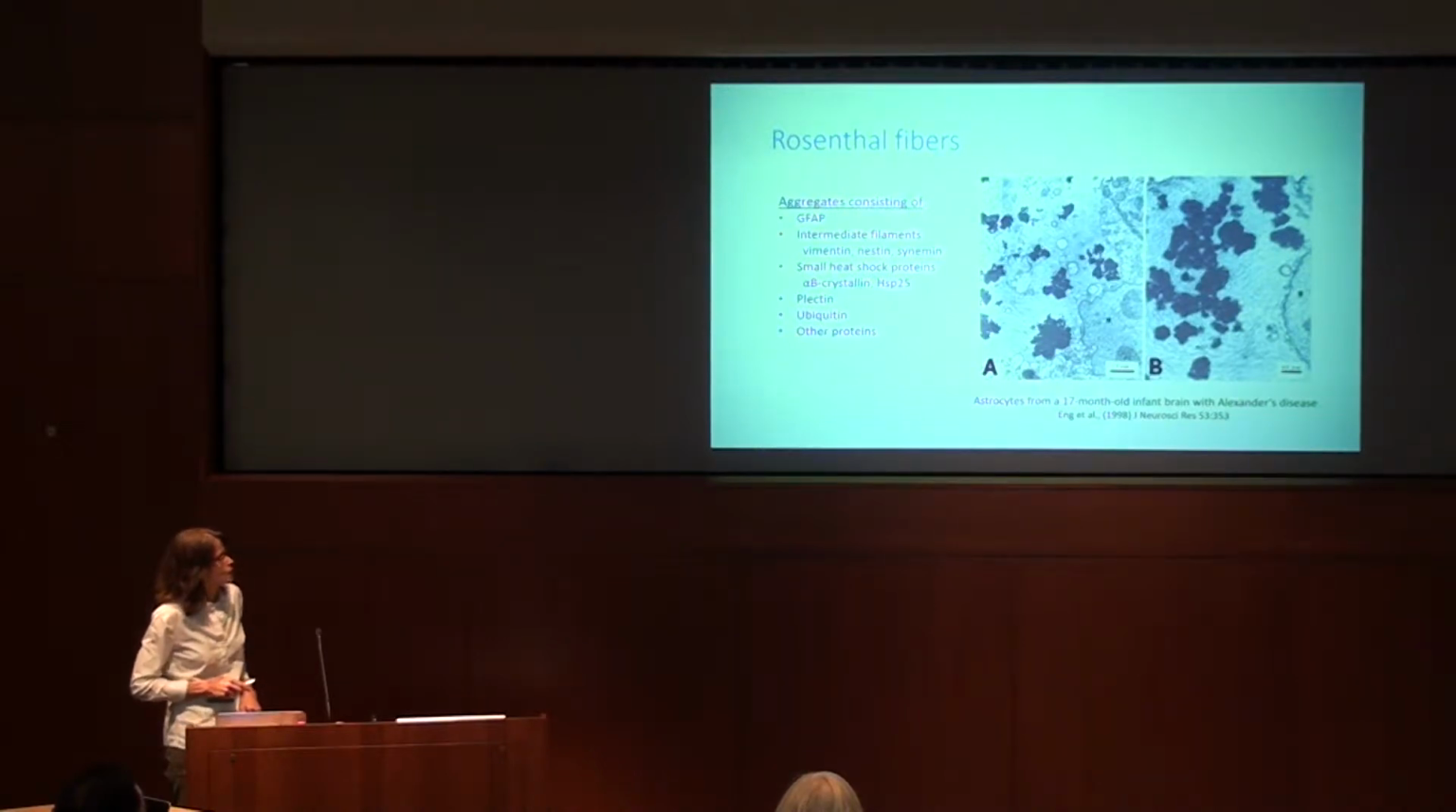But you can see here, you've seen the pictures of electron microscopy where you have GFAP aggregates, and these include other proteins, including other intermediate filaments and stress proteins and other cytoskeletal proteins. And then you can see, if you look closely, that they're kind of embedded in a meshwork of intermediate filaments that seem to be snagged in them. And so,